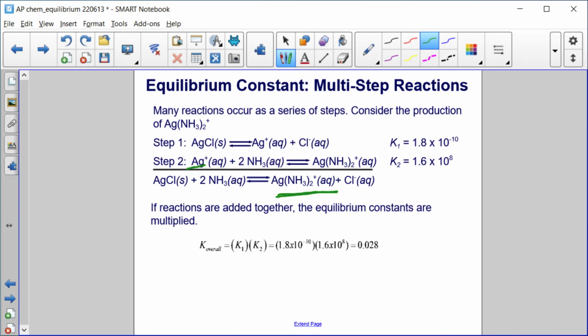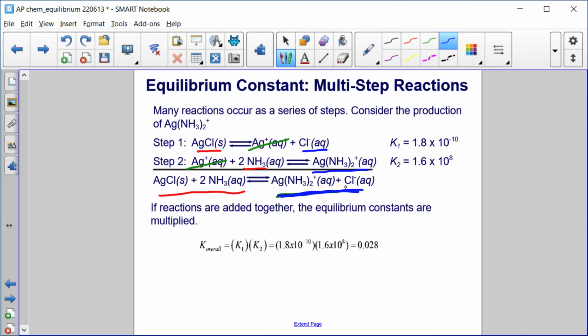Where I've removed anything that is both produced and consumed. So we have AgCl solid plus 2NH3 as my reactants, and then Cl minus and our complex AgNH3 2+